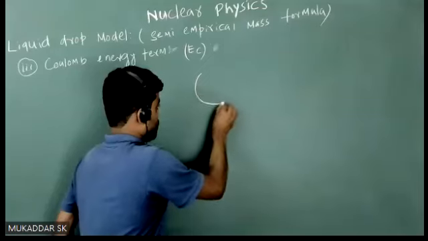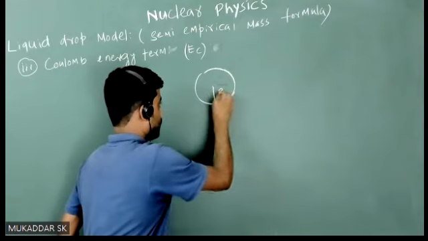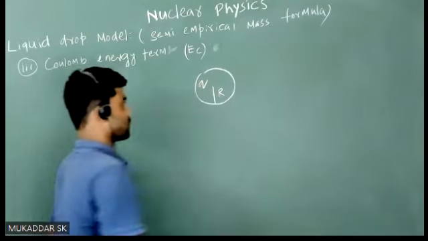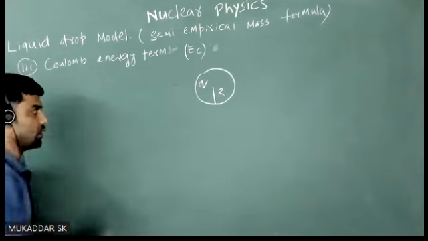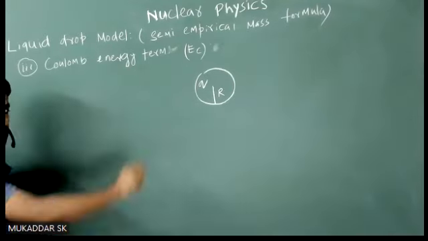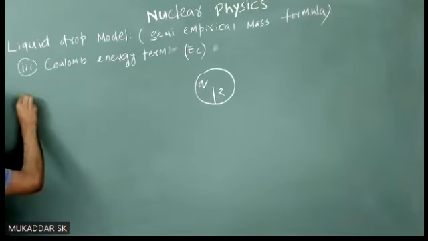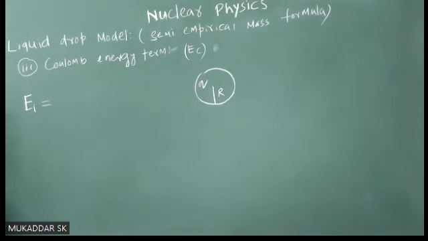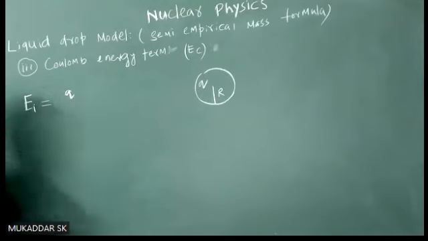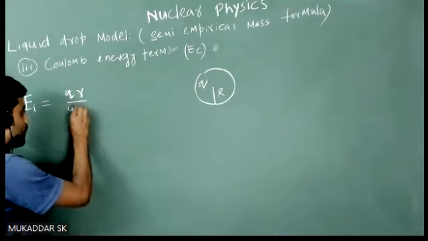Suppose you have a sphere, its radius is capital R, and let us assume that the charge enclosed in this sphere is small q. Let us assume a sphere, the nucleus is also like a sphere, its radius is capital R, and the charge inside the sphere is small q. You people know the electric field inside the sphere. From basic electromagnetic theory, it will be qr divided by 4 pi epsilon naught